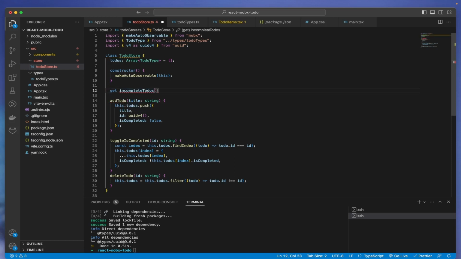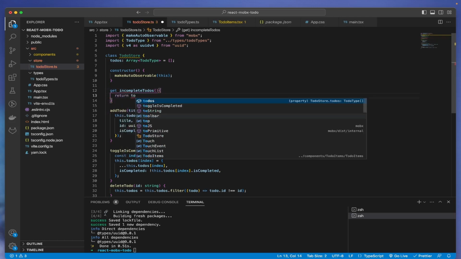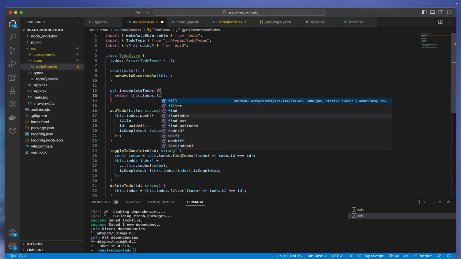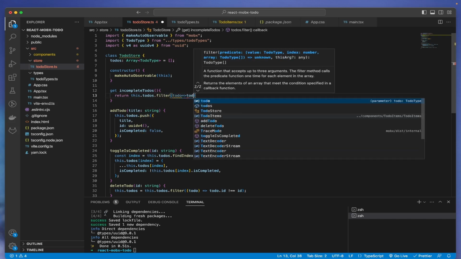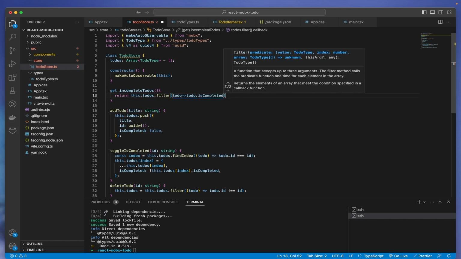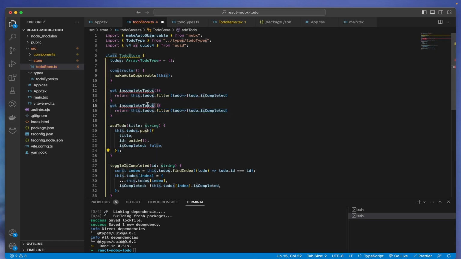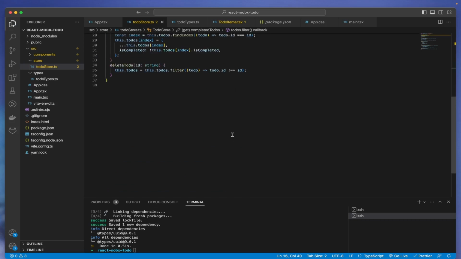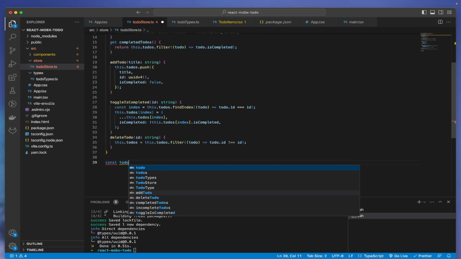So it will be a function, and it will return this.todos.filter, and that will be todo, where todo.completed is false, so whatever is not completed, that will be incomplete todos. And then you can also have another, and you can just say completedTodos, and that will be this one. So I guess with this we have almost everything we want, and now we can just say const todoStore